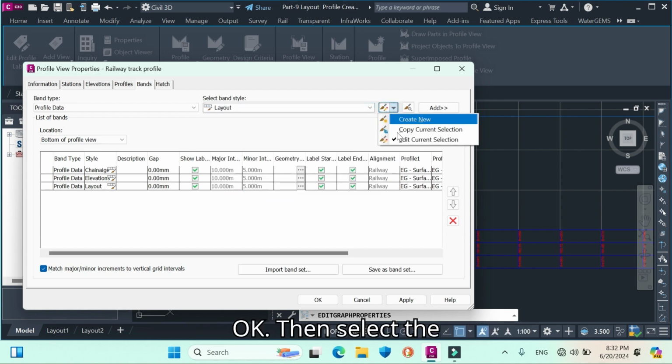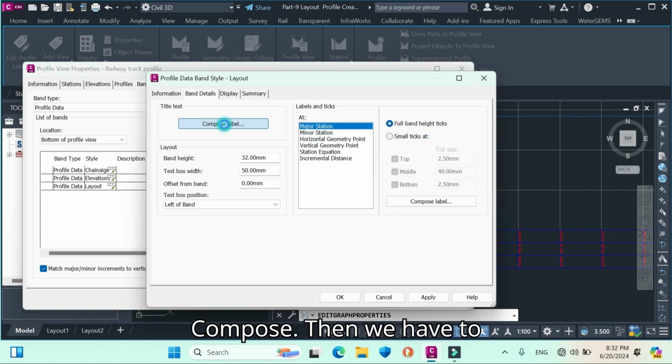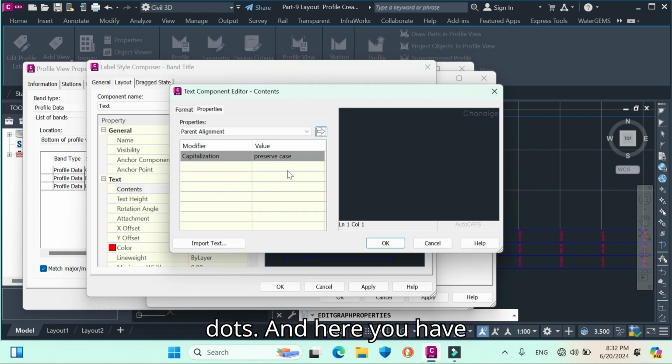Then select edit current selection, go to compose. Then we have to change these things. How do we change this chainage? Just click the three dots, and here you just click, Control A and delete, and nothing is there. You can write now a name, layout,